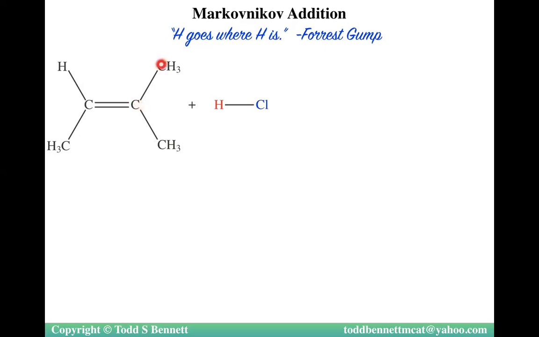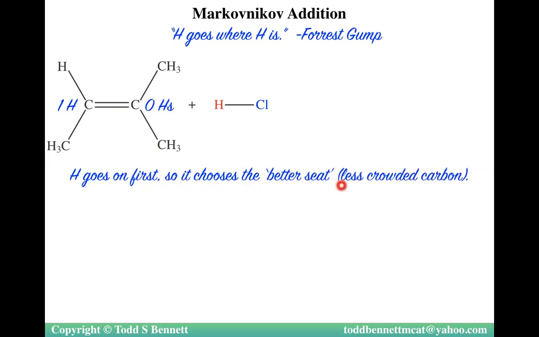This carbon has two R groups, this carbon just one R group. So H is going to go where H is. There are more H's on the first or left carbon than there are on the second or right carbon. So 1 H versus 0 H, H goes where H is. So you will end up getting the H on what's going to ultimately be carbon 2 of the chain and the Cl on carbon 3. So first,